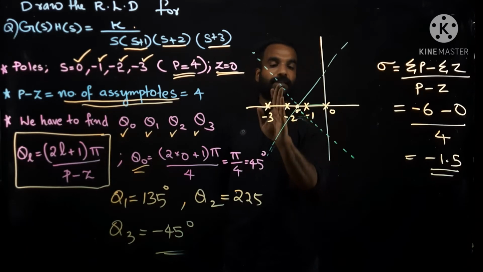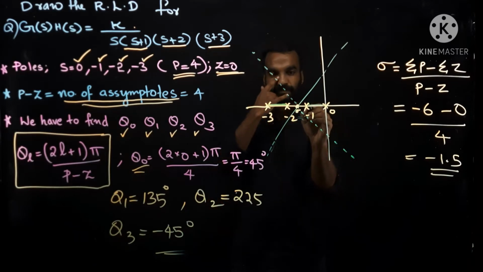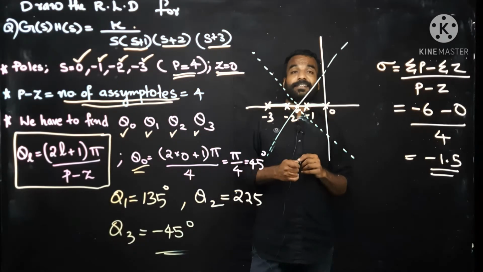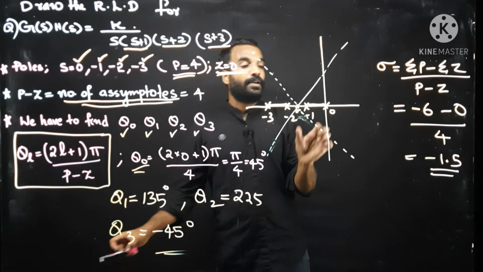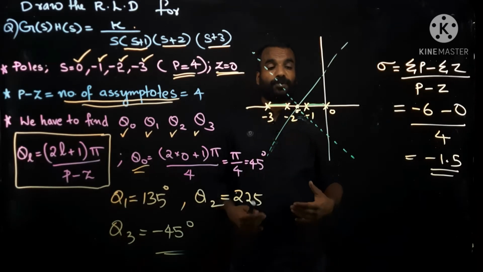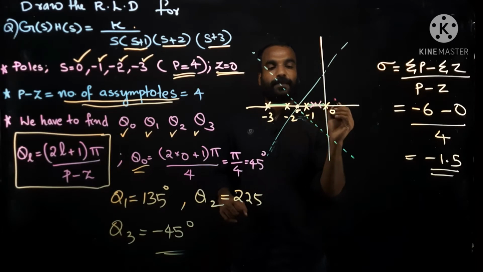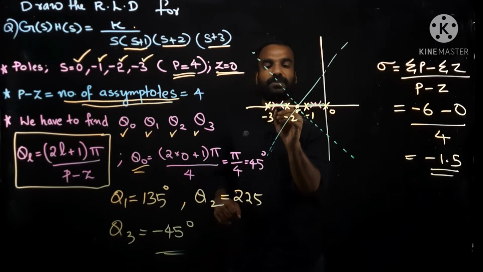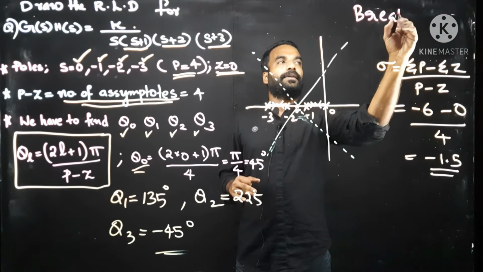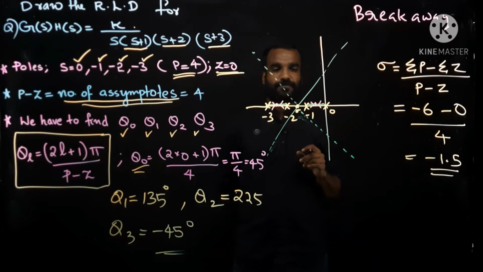And from here, please check, number of poles plus zeros is 3, so the root locus diagram will be present in this area also. So these are the areas where the root locus diagram is present in the real axis. Here comes the twist. Root locus diagram is there in between two poles, and here also it is there in between two poles. So it will start on both poles and meet at a point. Here also it will start from both poles and meet at a point. In this case we are having breakaway. On both these lengths we are having breakaway points.